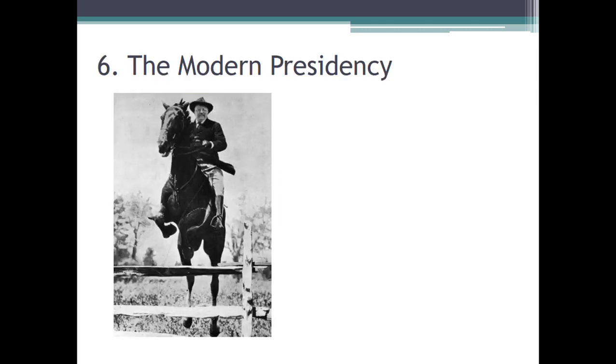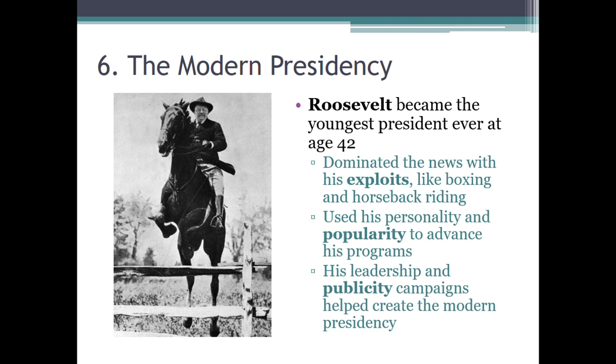The next question I asked about Theodore Roosevelt and how did he create the modern presidency. Roosevelt was really the first celebrity president in our history. He became president when William McKinley was assassinated in 1901. So he wasn't elected at that time. He assumed the role. And when he became president, he was only 42. So he's the youngest guy to ever take over as president. The youngest person ever elected was John F. Kennedy. He was 43 when he was elected, but Roosevelt is the youngest person to ever become president.